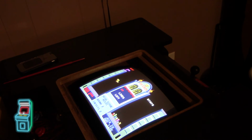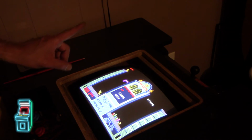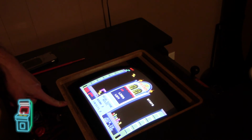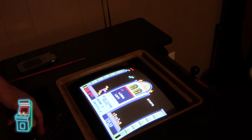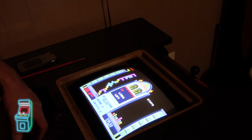All right, guys, so that about does it for this video. We got it to work. So I'm really happy about it. So next thing I'm going to do, I'm going to leave it unbolted. I'm probably going to pop it in my Arkanoid to see if it fits. If it doesn't fit, I'm going to pop it back here and then we'll see what we can do. I'm not sure if I want to keep this or not. But at least I know the monitor is dialed in where it's supposed to be, or close, until I can